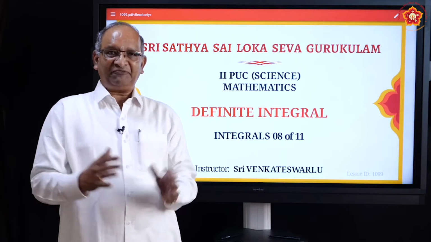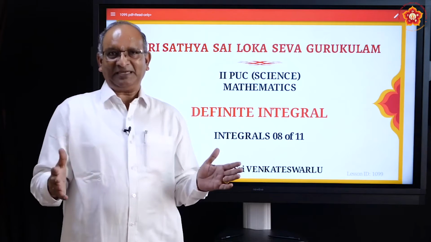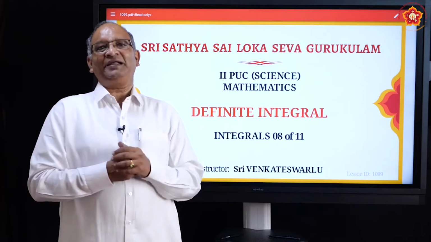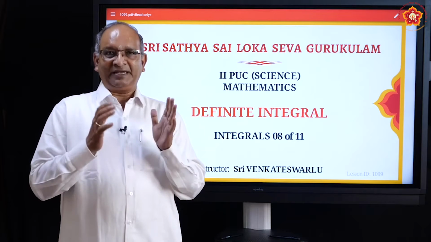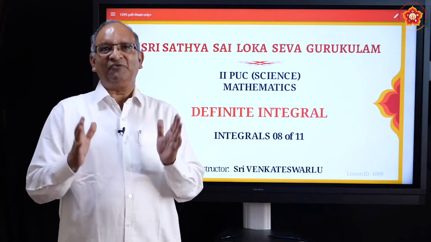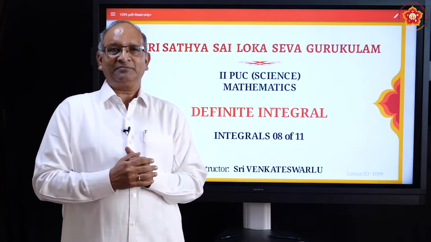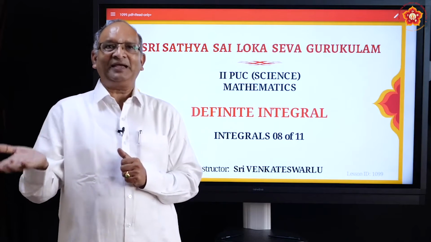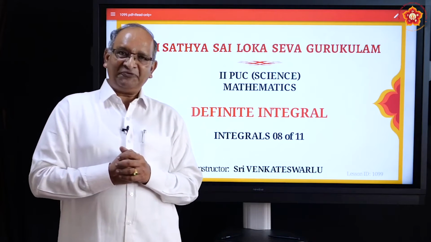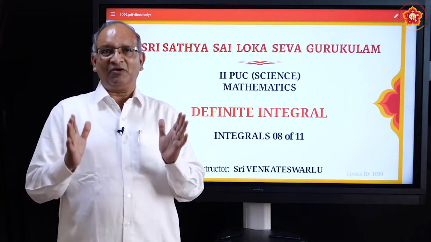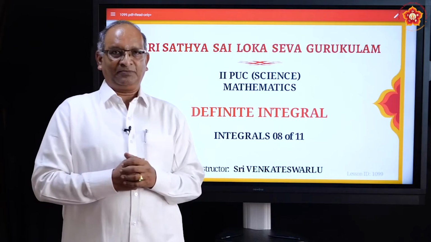Whereas the definite integrals have certain limits. Within those limits, we will be finding the value of the function. So as a result, the definite integral gives you a definite value. There is no more constant of integration because we are able to find its value by substituting the limits. So definite integrals have a definite value or definite answer that does not change.